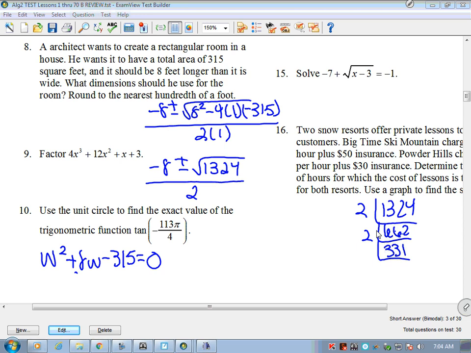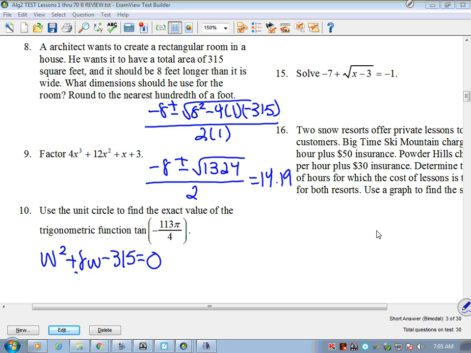What we might be better served with, though, if we're looking for our answer, right? So I want you to keep in mind here, we've got negative 8. We're going to be dividing this by a positive. So let's take 8, plus the square root of 1324, and divide that by 2, and that's going to give me 14.19 for my width. Now, if I took negative 8 and I subtracted, I'm going to get a really big